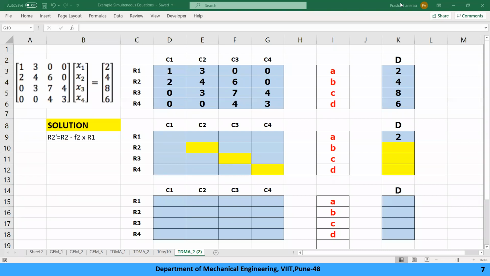I have represented the matrices in the Excel sheet. I have only rewritten it again. Okay, this is our question, and instead of x1 x2 x3 x4 I have written it as A B C D, just for my understanding. So if I have this, how to solve this numerical? This is your D, this is the A matrix, this is the unknown vector. So we'll start with the solution.